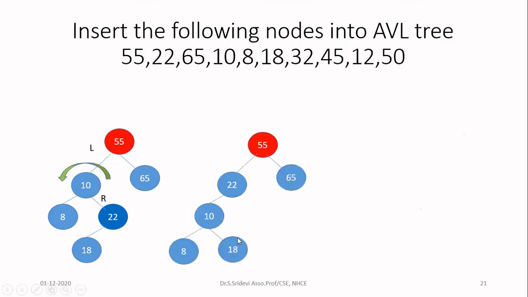Let us focus on the first step now. Now I identified that with respect to the node 10, I'm going to apply the rotation, that too in the anti-clockwise direction. When I do that, what is going to happen is there is a thread here. I'm going to pull the thread down so that node 10 will move down. When node 10 moves down, automatically this node 22 will move up. So now 22 is moving up, and 10 is moving down. With the 10, 8 will also move down. So 8 is here. Now a confusion comes. What happened to this 18? You can consider here 18 is the left child of 22.